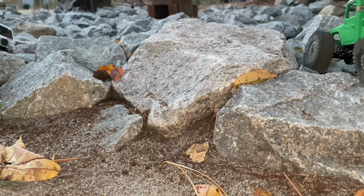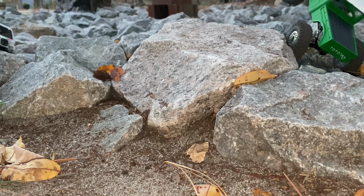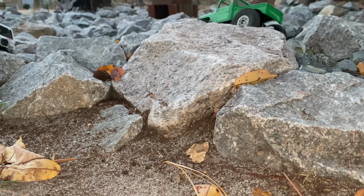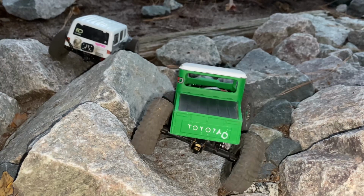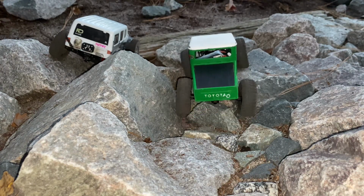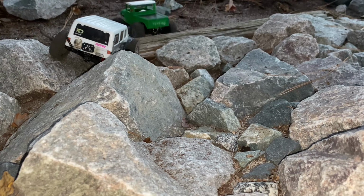If it's too wedged in there, obviously you want your spotter to say something and tell you that you're too deep on the diff. But there's a difference between just touching and dragging my diff cover or my differential over stuff. I mean, it's why people will go through the absolute insanity of the trouble of cutting an inch off of the bottom of